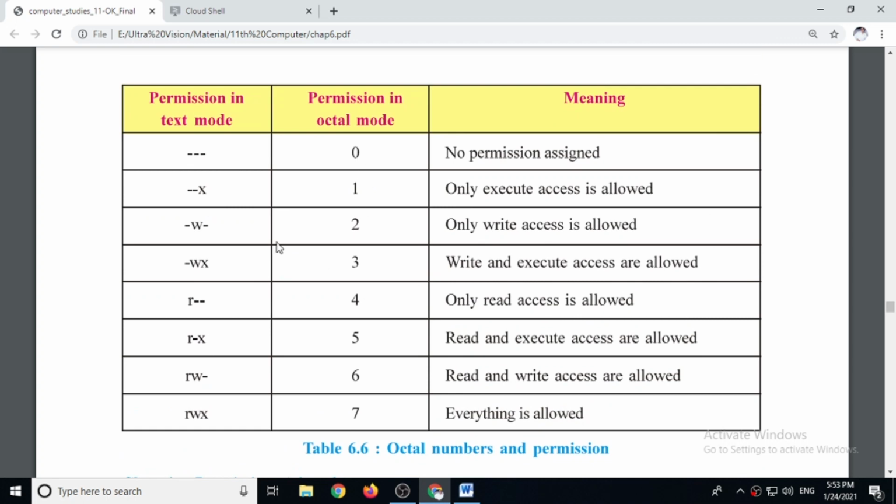So there are three types of accounts, or you can say users. One is the owner, that is also known as user of the file, who has created the file. Another is group. So a person who has created the file is a member of a particular group, and you can give permission to that group also, so that other users can use it. And the third is other, means except group and owner.